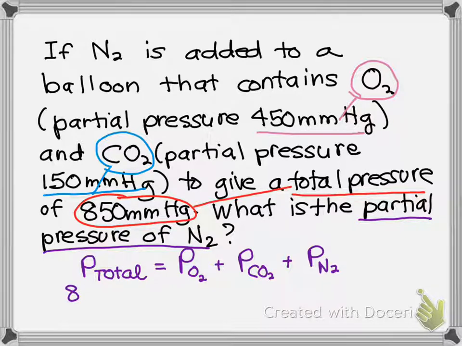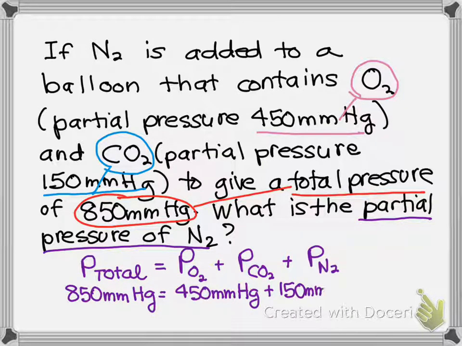So we know that this is 850 millimeters of mercury. The oxygen is 450 millimeters of mercury plus 150 millimeters of mercury for carbon dioxide plus the pressure of the nitrogen. So if we take 850